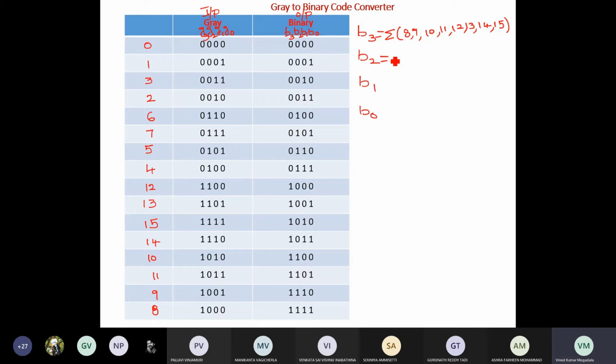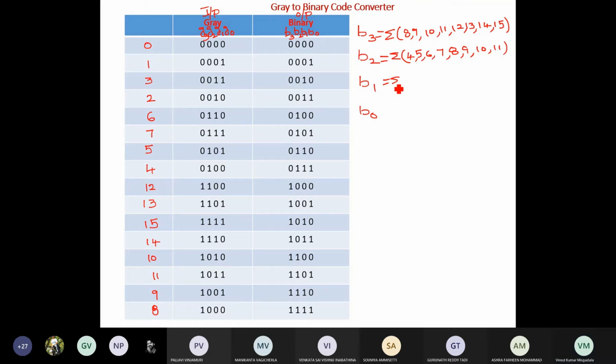So B3 doesn't change much. Now observe B2. B2 has 4, 5, 7, 6, that is 4, 5, 6, 7, and then again it has 8, 9, 10, 11, right?